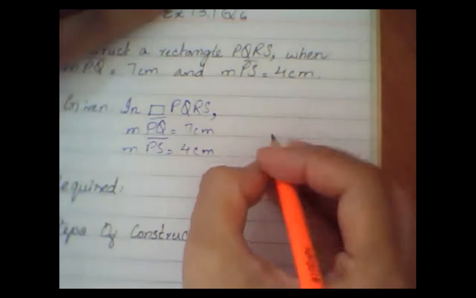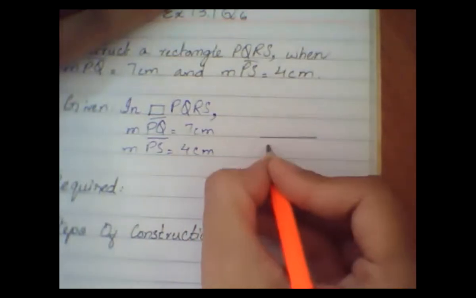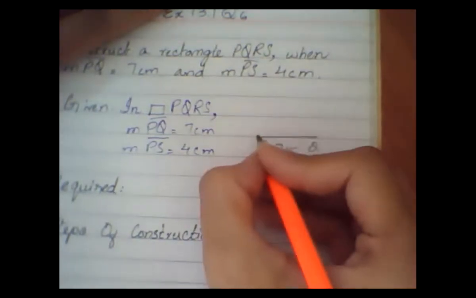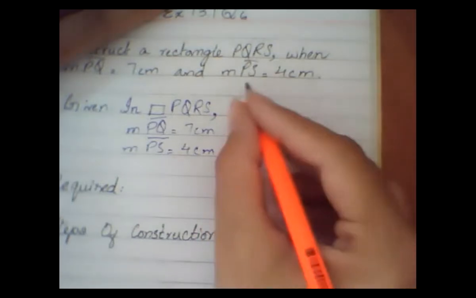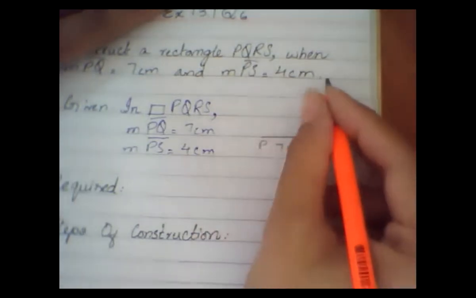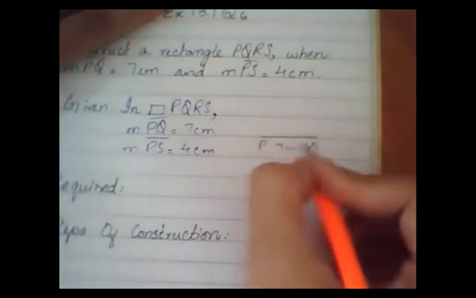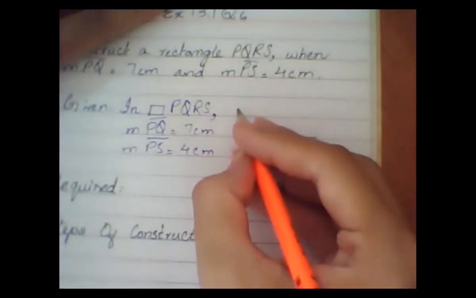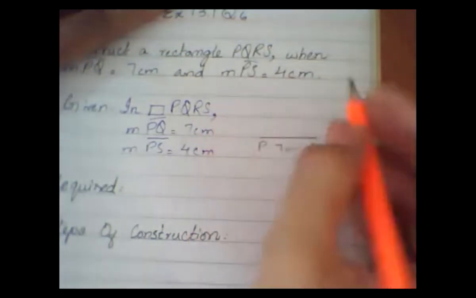Bete, if we are making the rough sketch of PQRS, first PQ is of 7 centimeters, right? Then PQRS, Iman, PQRS, like this. Don't write PQSR. PQRS, right Ramla? PQRS, right Ali?